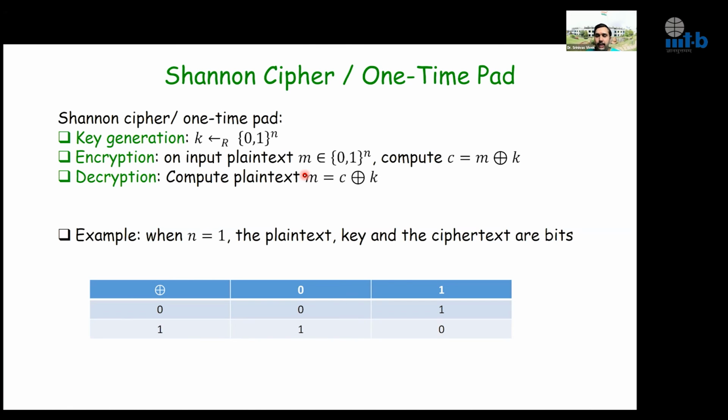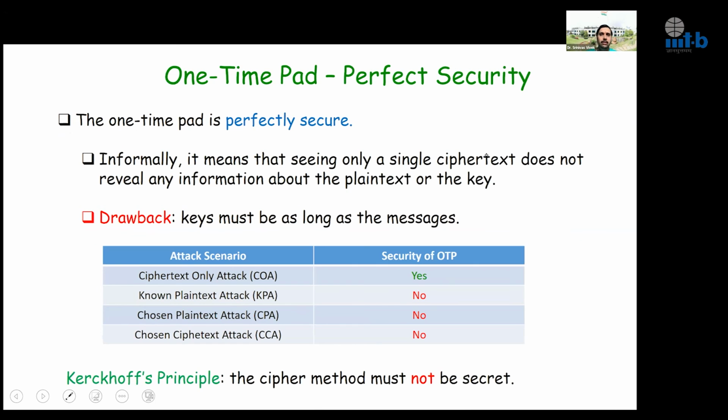It's not only the XOR, right? You can generalize it to any group. So instead of XOR, the operation can be any group operation. For example, it can be addition modulo some number, say, modulo any number n. So this can be easily generalized. And then we intuitively discussed that it's perfectly secure, meaning that you will not learn any more information from the ciphertext than what you already knew about the underlying